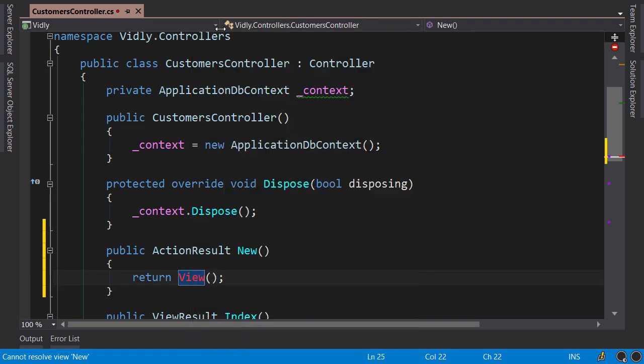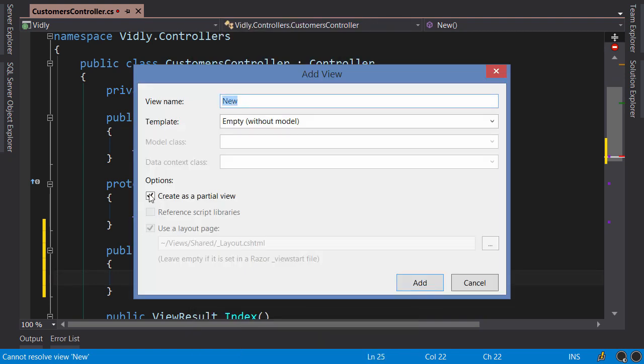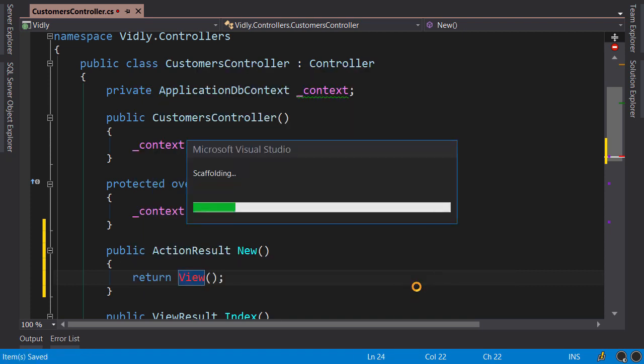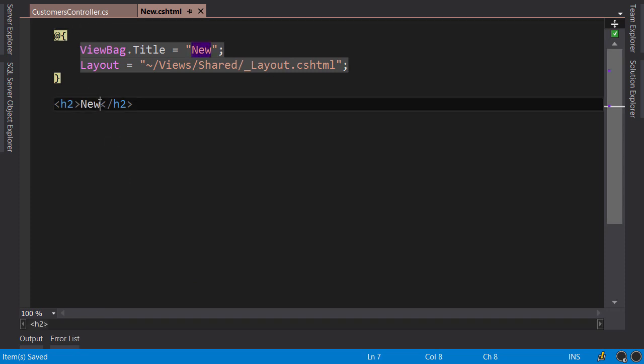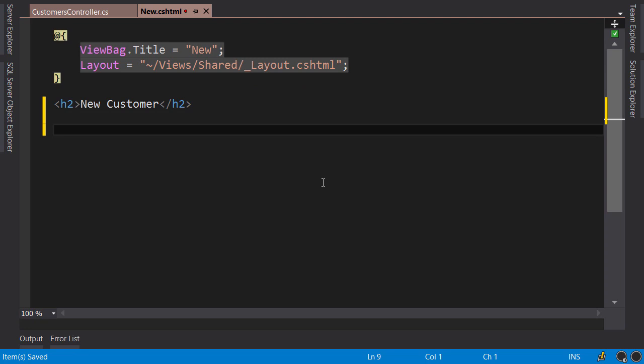Now view is red because we don't currently have this view, so right click and go to add view. Now untick create as a partial view and make sure the layout is selected here. Add. Now I'm going to change this title to new customer. Okay, to render a form, we're going to use a few HTML helper methods like action link that you have seen before. The first one is